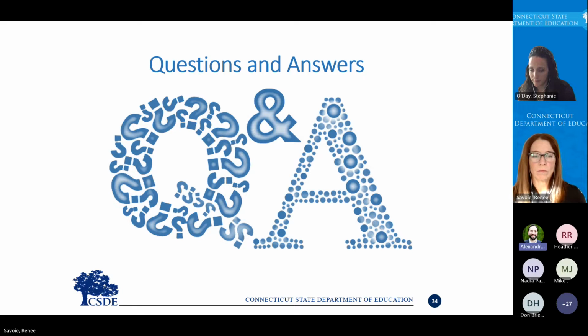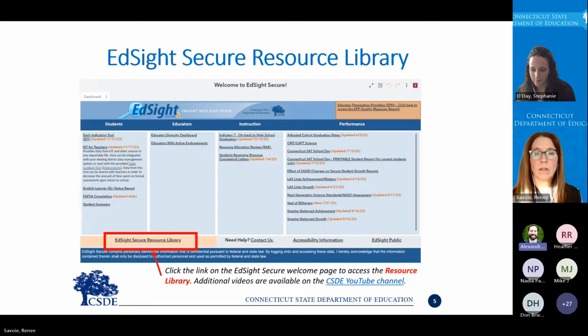I don't know, Renee, if you can go back to, I think slide 5 has an overview of the welcome screen. There's a link to the rigorous coursework report. And that link, just like the early indication tool, is under instruction, the third column from the left. The instruction tab has a link that says students receiving rigorous coursework letters. So if you have students who are new to your district and you're wondering whether or not those students received letters,